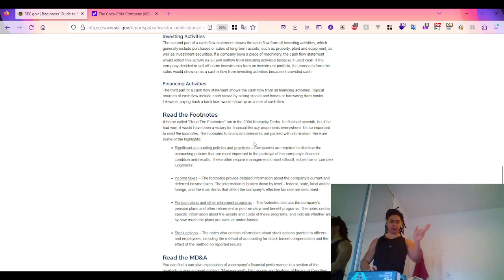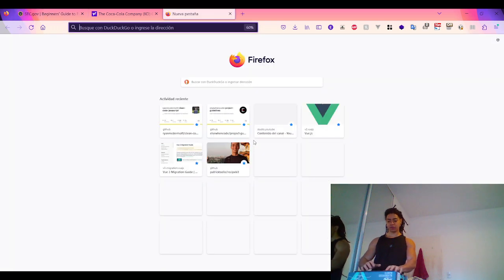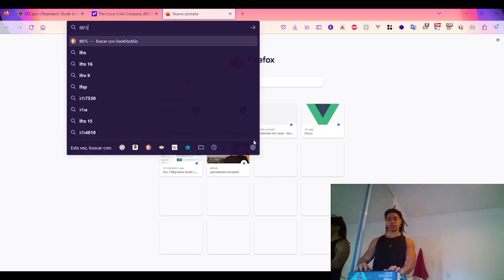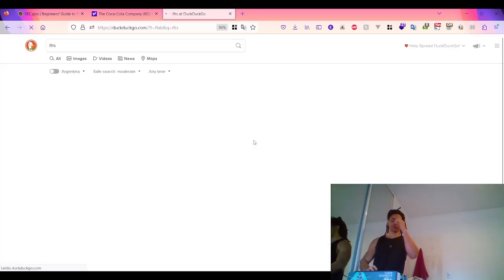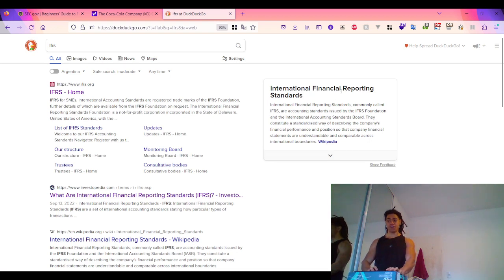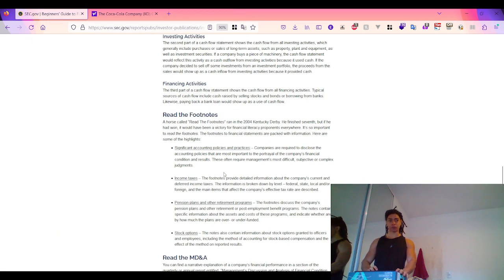For example, if they follow GAAP, the generally accepted accounting principles, or the international financial reporting standards. Okay, international financial reporting standards. Then income taxes, which are broken down to be more specific about the federal, state, local, and foreign,